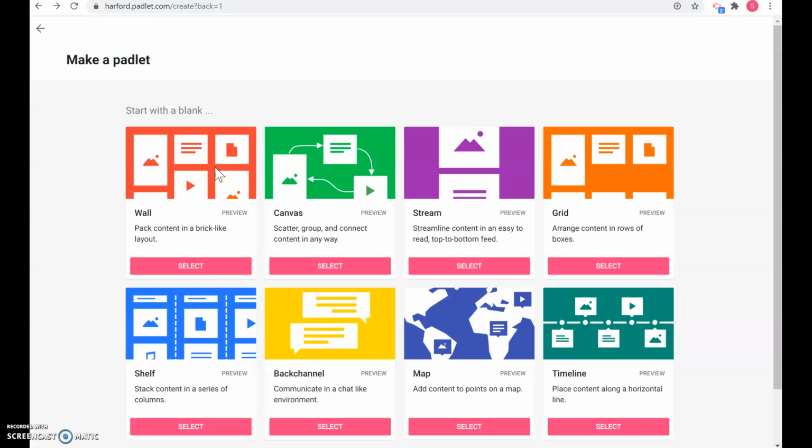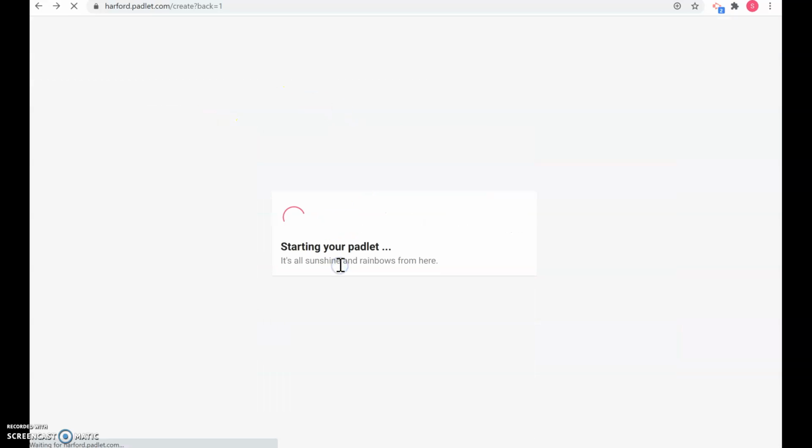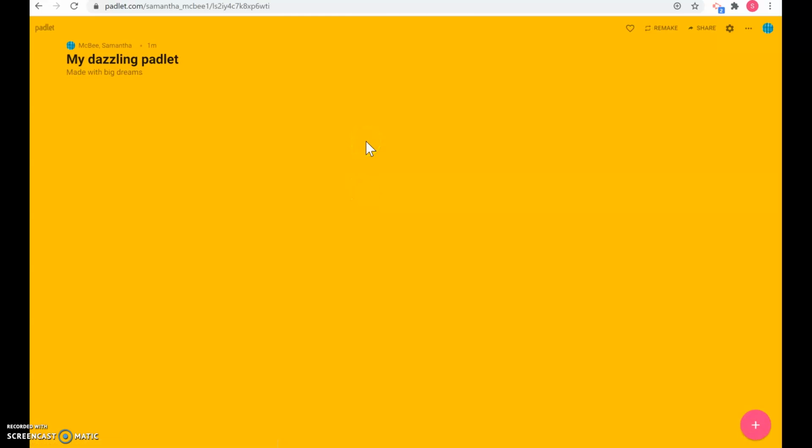It is totally up to you which of the four you would like to choose, how you like to see your work being displayed. I'm going to pick the canvas. So once I selected which kind I'm going to make,